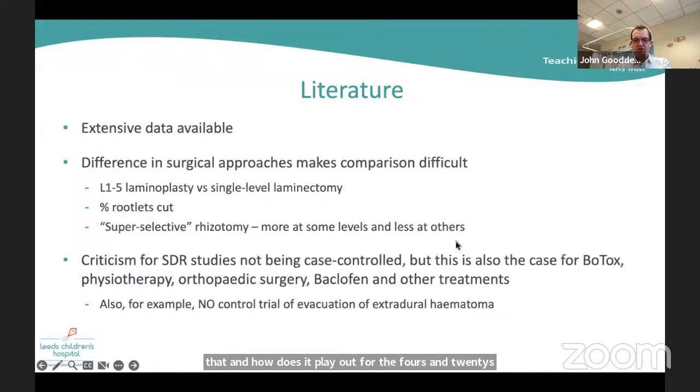There's a lot of literature out there for SDR. There's been a lot of debate over the years. And that's partly been driven by the fact that when Warwick Peacock's paper was published in the early 80s, SDR was used on a number of different conditions. And so harm has been done surgically, with us doing irreversible operations that have caused harm to patients. And so there's been a lot of investigation as to when we need to use it, but there's also a number of people who are dead set against SDR because of these publications from the 80s, late 80s, early 90s, showing harm being done from the procedure.